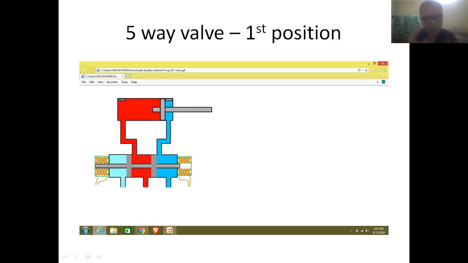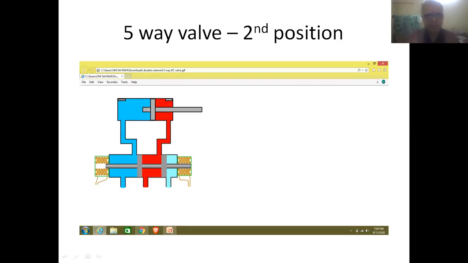Because of this, the fluid will be entering from the left-hand side of the cylinder as shown in red color, and the fluid will be leaving from the right-hand side of the cylinder as shown in blue color. So therefore, this first position of this valve is naturally used for performing the forward stroke of the piston.